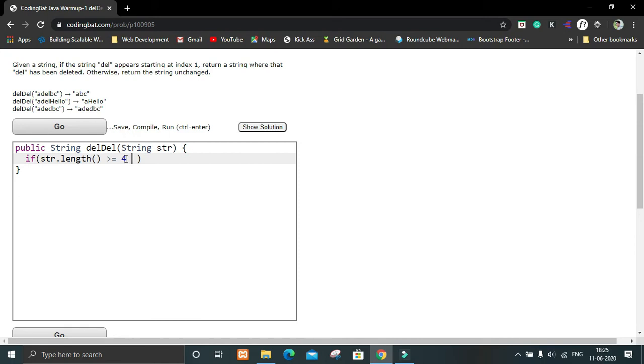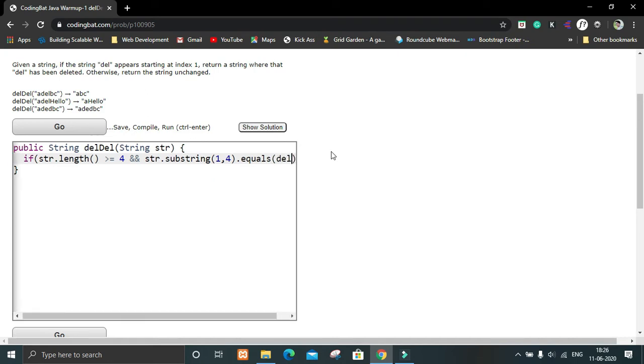And then string dot substring, and in substring we will take the index 1 to 4, that is till before the fourth index, and dot equals del, I'll put it into double inverted commas, and if this happens,